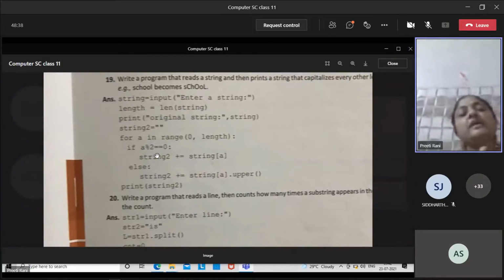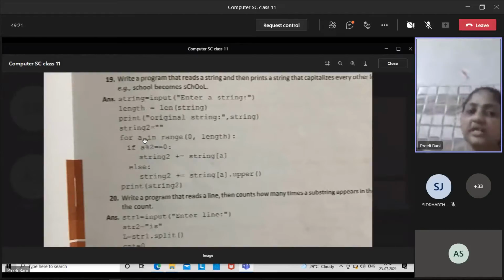Okay, for finding the other places, we want to skip the one by one places there. So what will be the logic there? Ye dekho beta, we are starting the position from the 0 place, 0, 1, 2, 3, 4, 5. So what is the unique point there? How can we guess it? बताओ हम इसको कैसे निकाल सकते हैं? Alternate position, हाँ, by getting the even and odd numbers, क्योंकि some letters are at the even position and some letters are at the odd position.